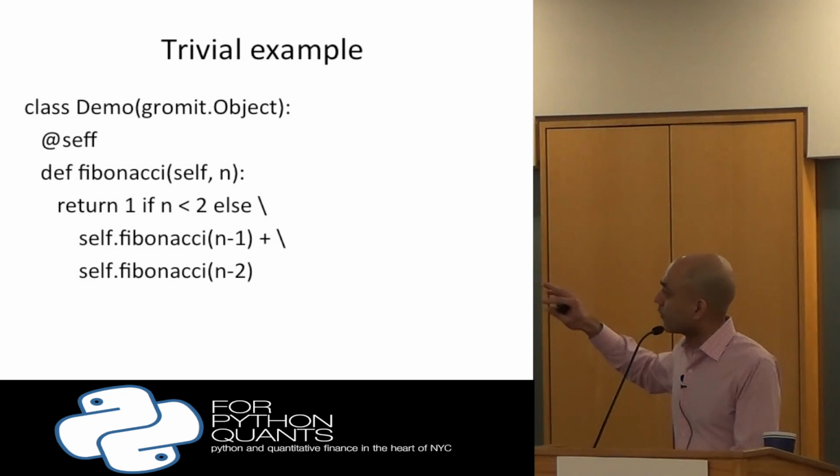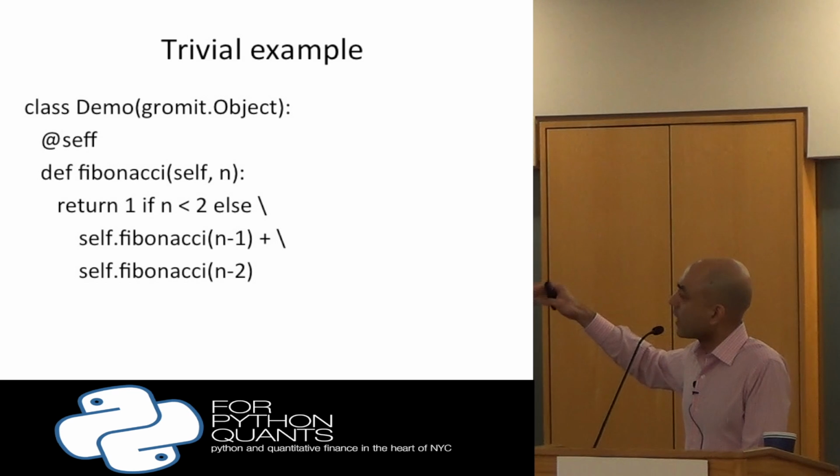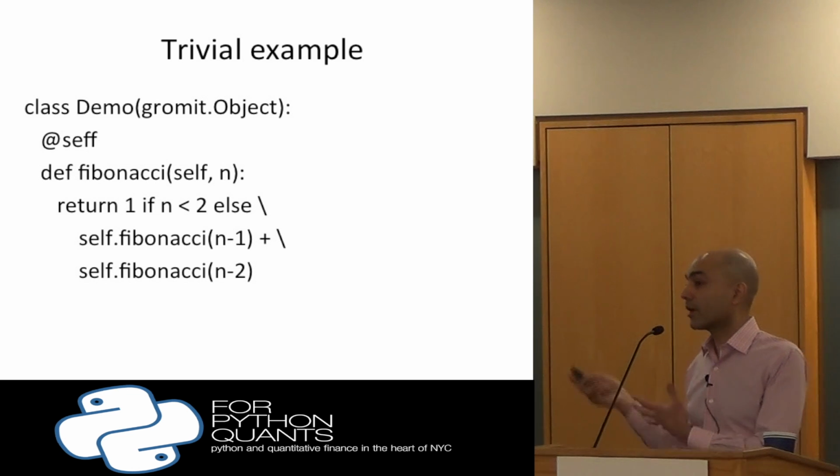But if you think about how this is going to execute, if you have a caching framework, it becomes linear time, because the graph object model simply caches all invocations of the function, and it will just run in linear time. Of course, it uses a linear amount of memory as well.